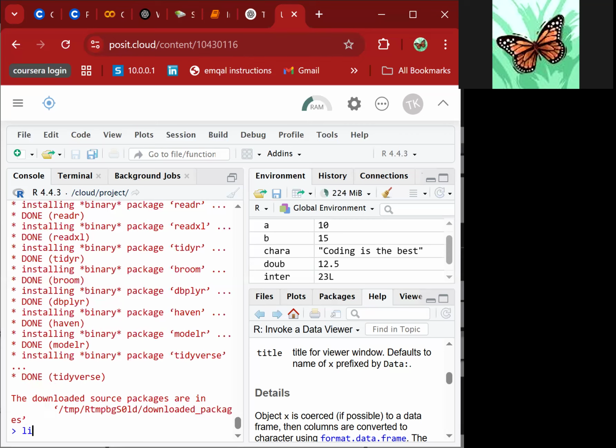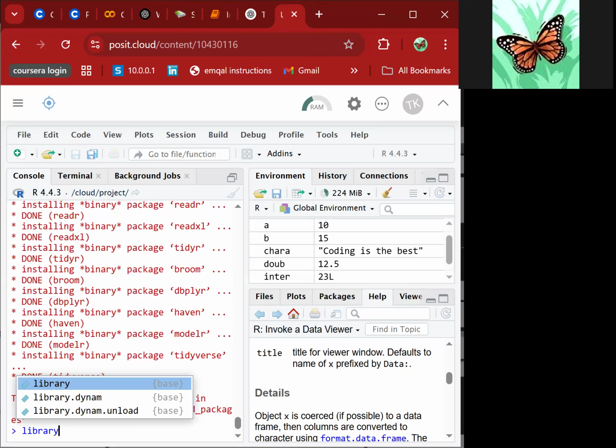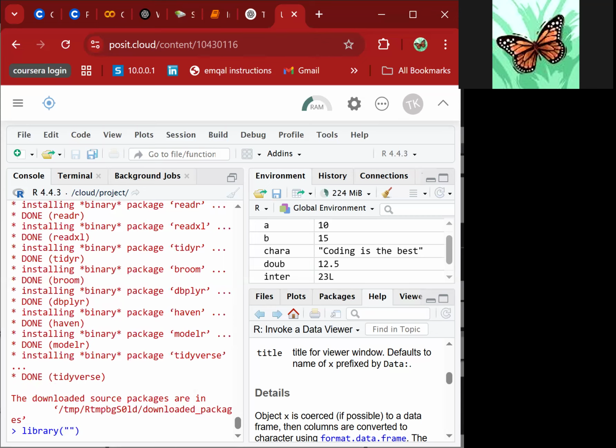So another thing that I should do is call upon library. So library is the next function that we call upon after installing our package, to just say open up the package for us when I make use of it. So tidyverse is the package that we've installed. We need it to be opened up so we can make use of it. So tidyverse,